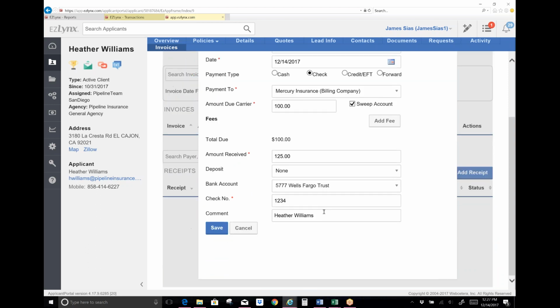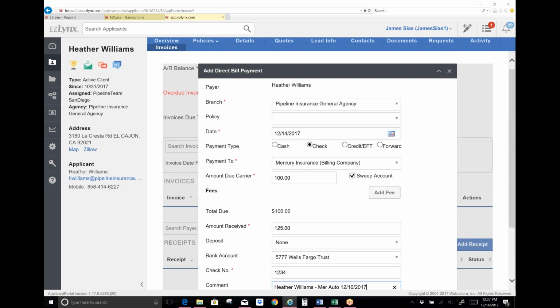Since I don't have a policy number, I'm going to say Mercury Auto to reference my policy up there. Mercury Auto, and then it is effective 12/16/2017. So we know where that policy is going. So it's just a reference. We can take notes here in the comment section. So this all looks identical to what we have done in the first training, where we are going to add a step. Here we are going to go ahead and add a broker fee, that $25 that I charge